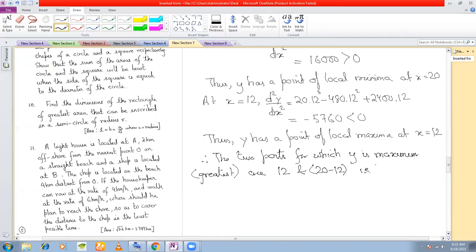That is 12 and 8. That is, if you break 20 into two parts, 12 and 8, only then the product will be maximum